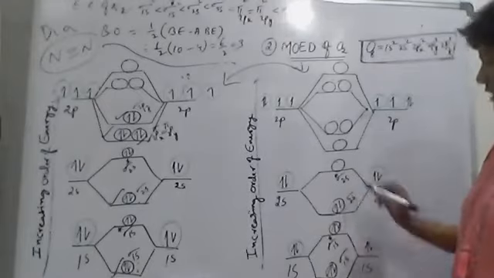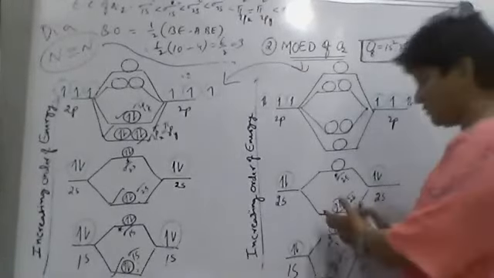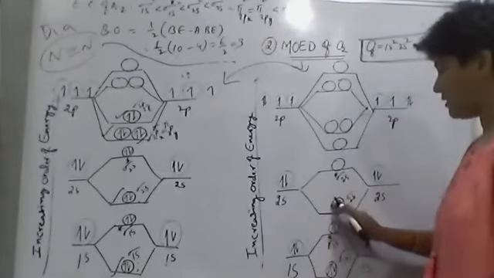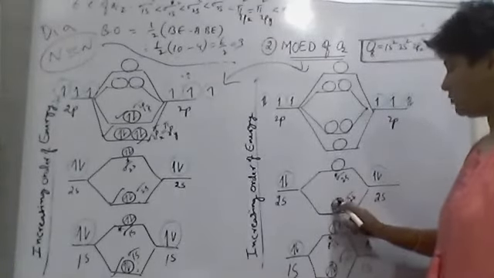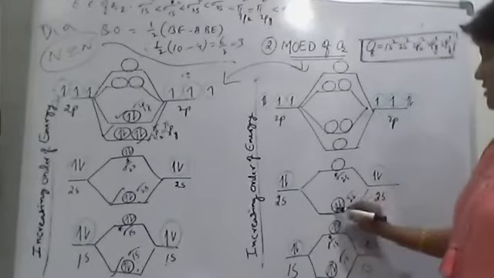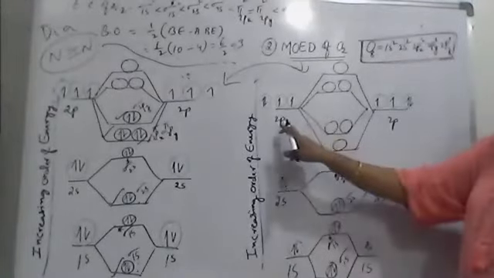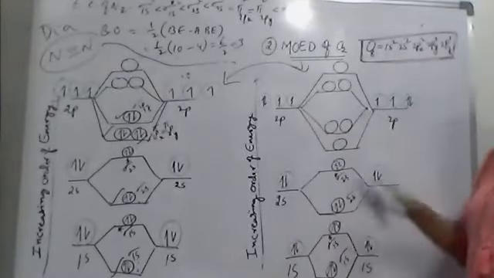Okay, so 2 plus 2, 4 electrons. First electron, second electron, according to the above principle and Pauli's principle. Low energy is filled first, then high energy, and each orbital can have only 2 electrons with spin pair. So first, second, third and fourth. No doubt. Now here 2p having 4 electrons.